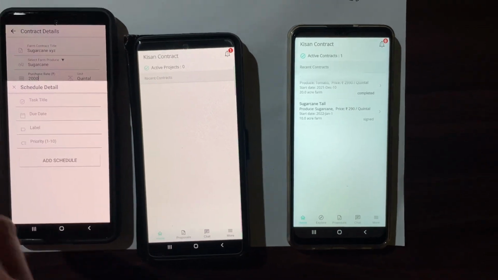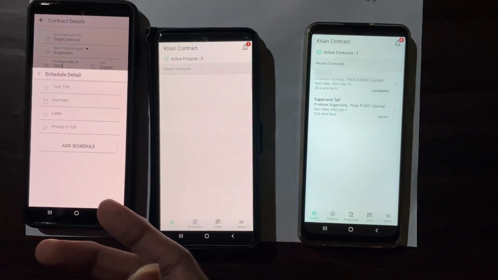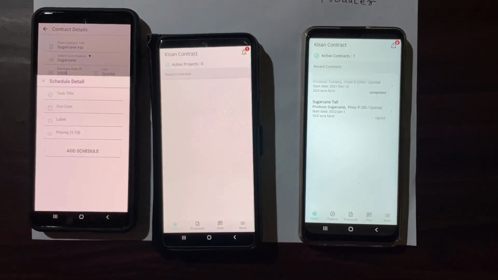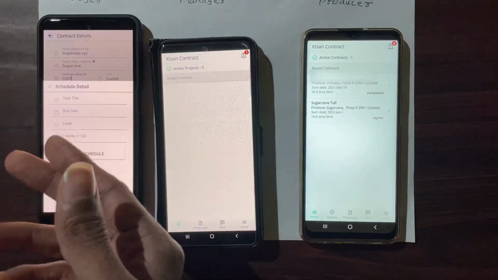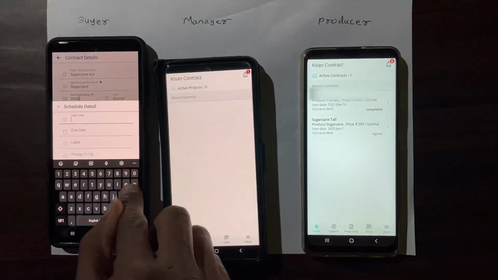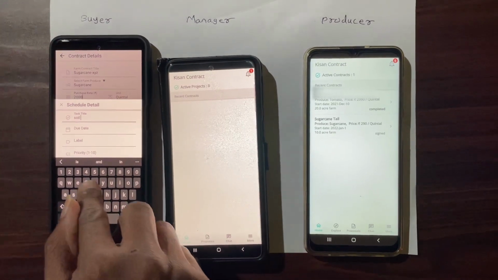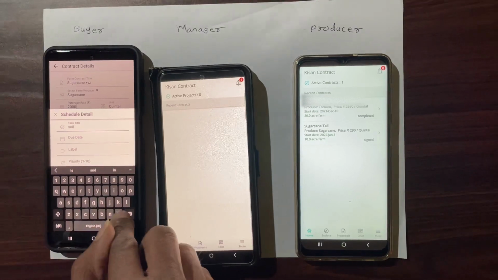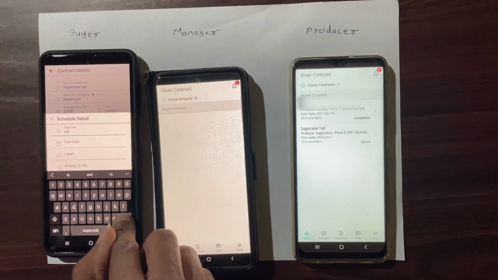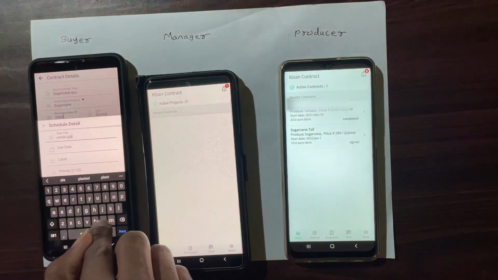What are the steps in the contract which the producer needs to get done, like suppose planting of seeds, doing fertilizations, and you can also add. Let's see, suppose seeds planting,